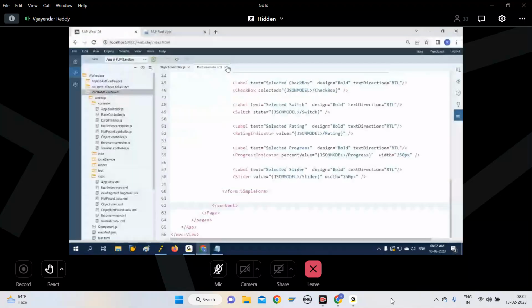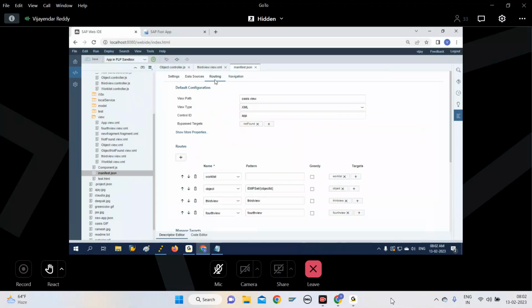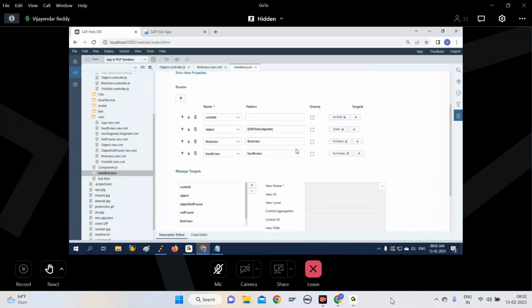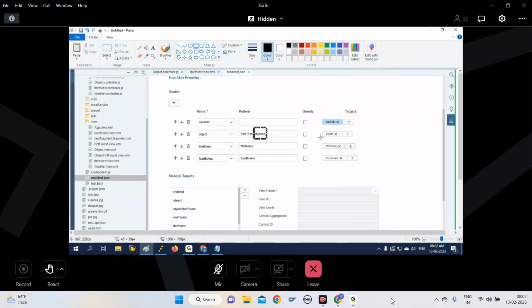Why? Because if you go to manifest.json file, the default configuration, which is provided by SAP, contains some object ID. So that we are satisfying here. So how to find that? Here you can see object ID. You can pass a dynamic value, that is user ID. Because from EMP set, the object ID, when we configure an application through template, it will by default take the user ID here. So to satisfy this,